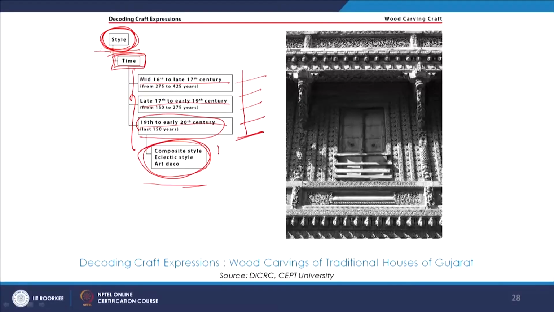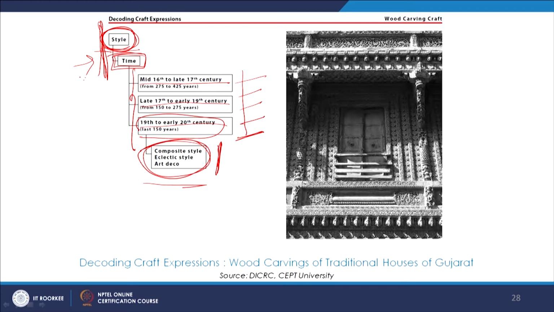All these styles follow different timelines, and time and place has a lot to do with the evolution of styles, because every era has different kinds of lifestyles and activities happening, which reflect in your dressing, food, and architecture. And this again is a very crucial system of classification